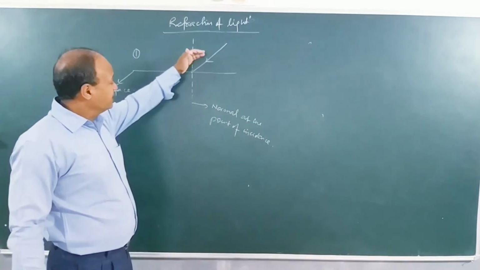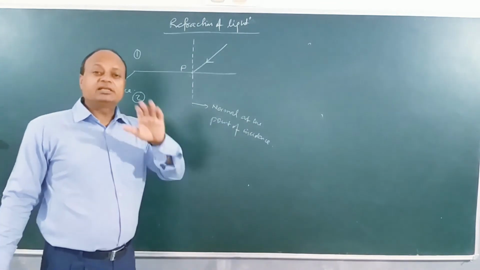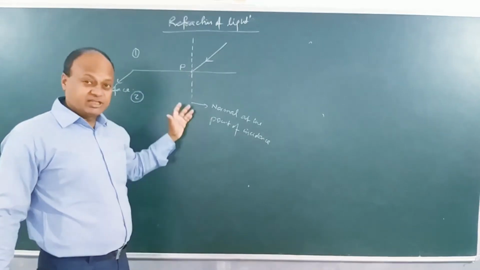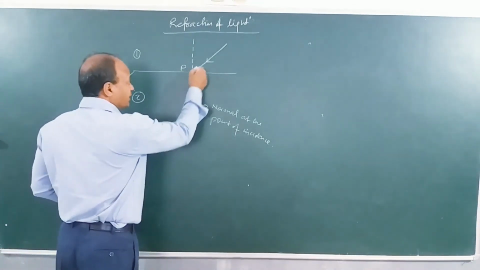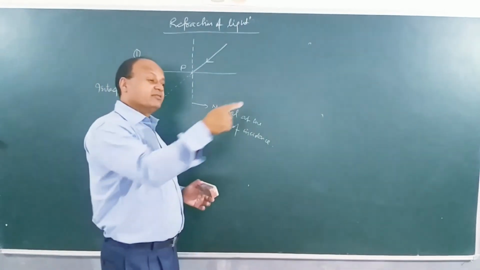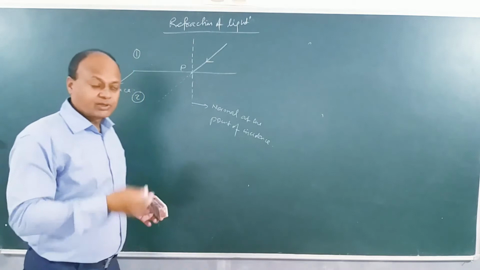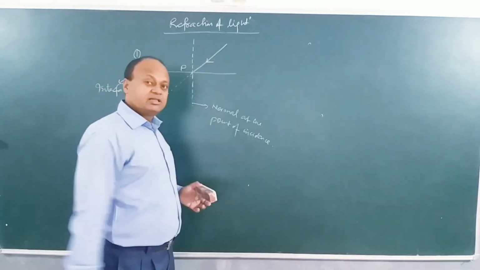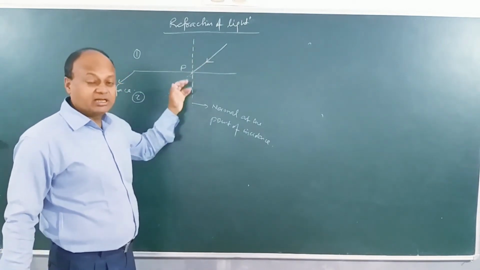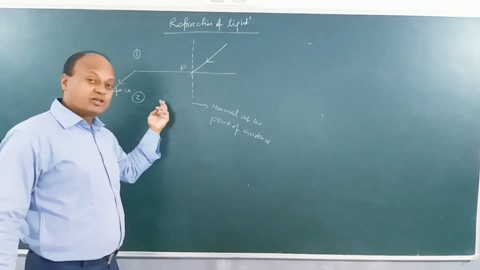Now, as the ray is traveling from medium 1 to medium 2, we find that its speed changes. And as the speed changes, initially the ray is coming like this. You already know a very important property of light. The light travels in a straight line, and it is because of this property that light casts shadows. This is how the light is traveling. But as the light is going from one medium to another, its speed is changing. If its speed is changing, then the light cannot come along the dotted line.